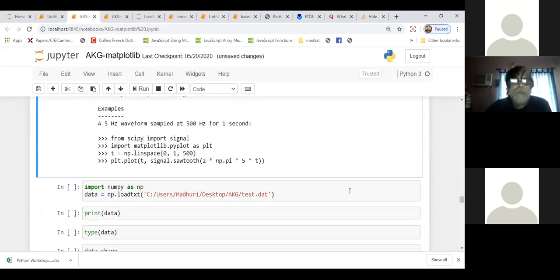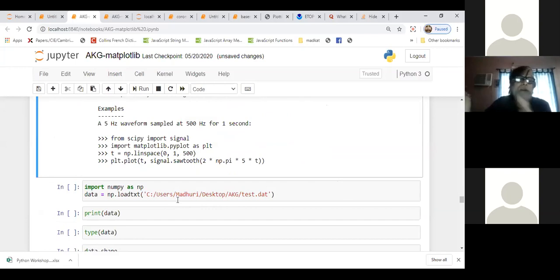So far I have shown you either creating some data and plotting, or faking data through NumPy or SciPy, arrays or lists. Now you can have serious data.